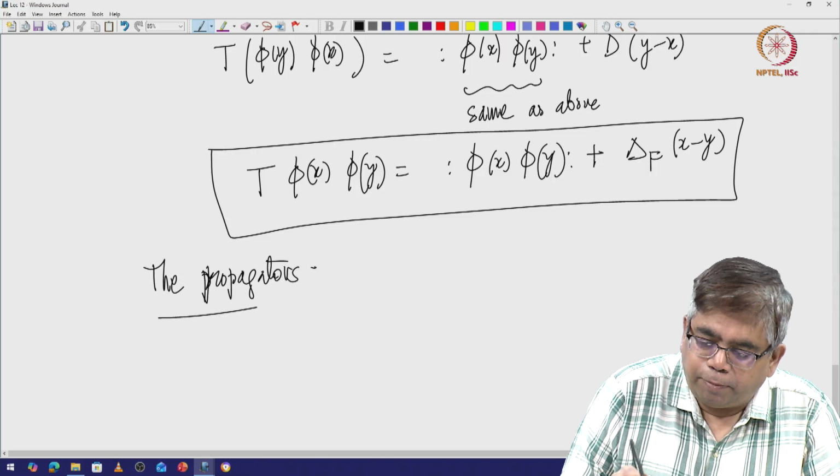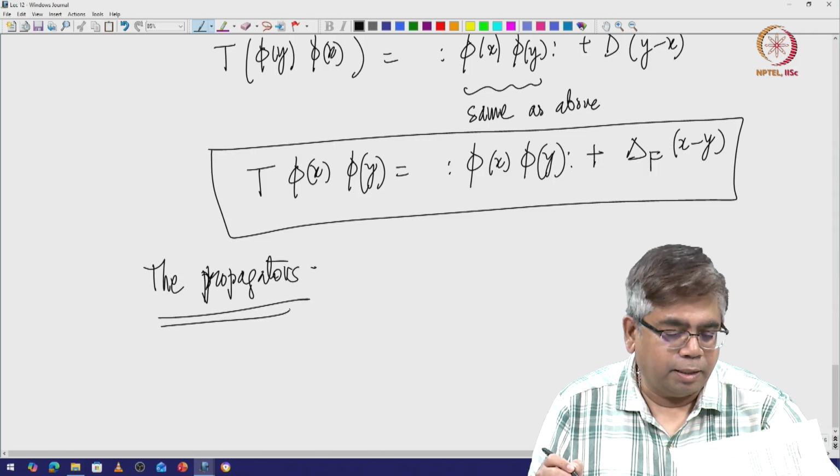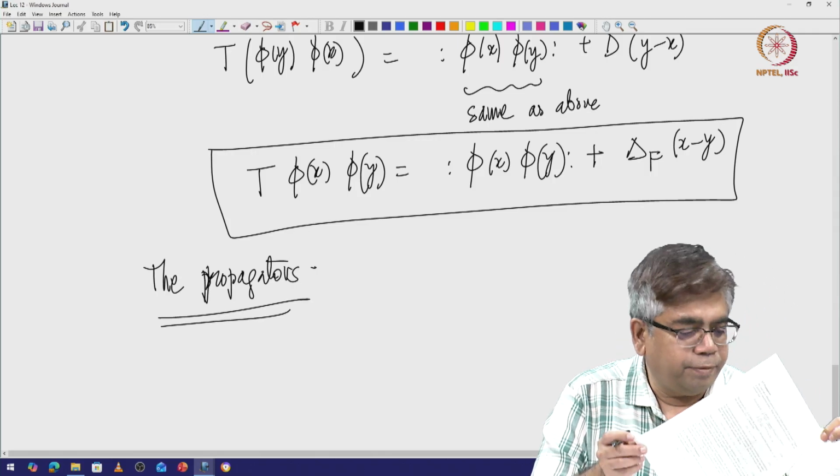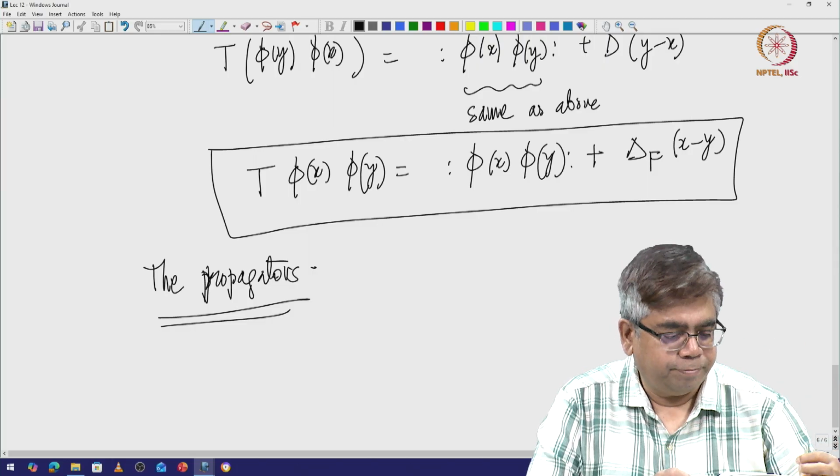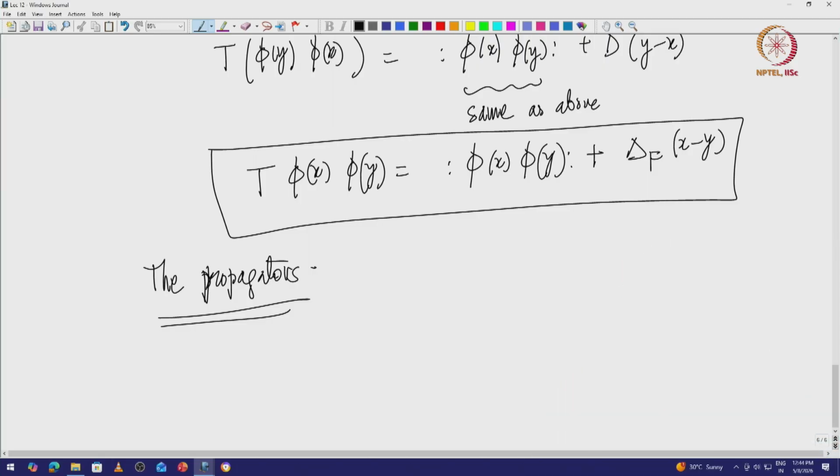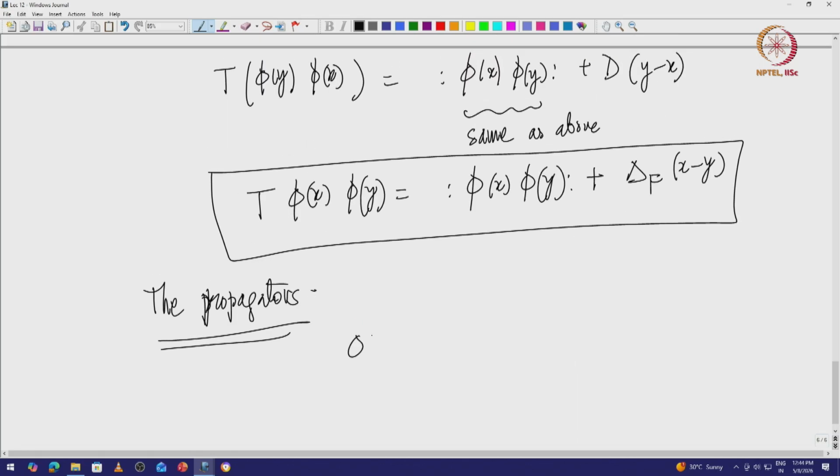Okay, so the propagators are nothing but, so you take your phi of x essentially. Now let's write your phi in terms of the creation and annihilation operators essentially. Let me just write it down. Phi of x, t